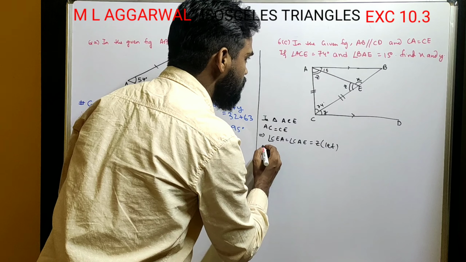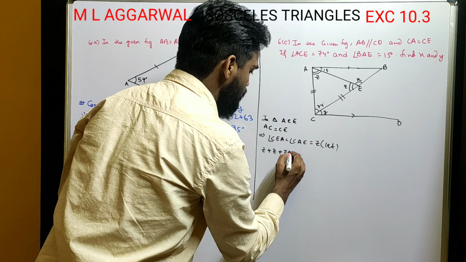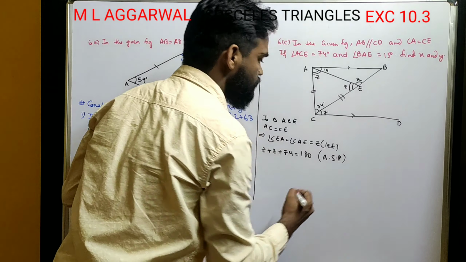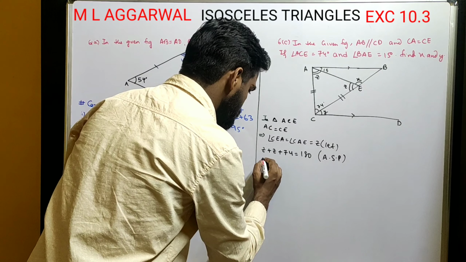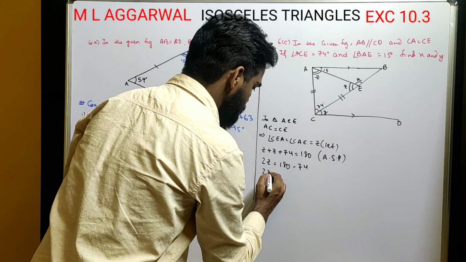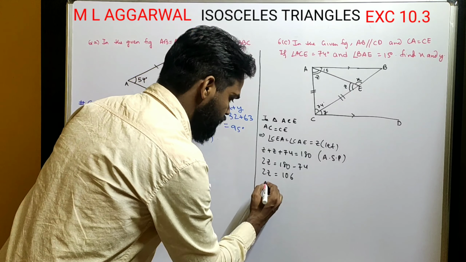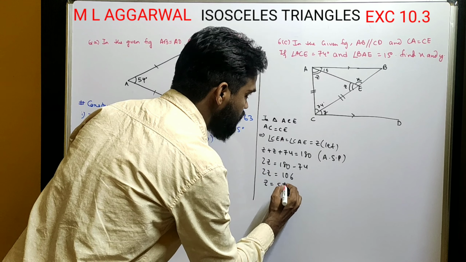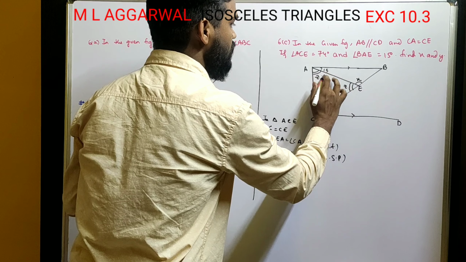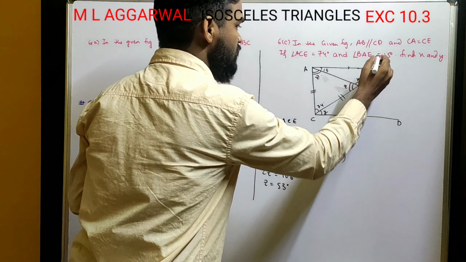Now I can say, if you look carefully, in that same triangle, Z plus 74 equals 180. Angle sum property. Done. Which means 2Z equals 180 minus 74, which means 2Z equals 106, which means Z equals 53 degrees. So this you got 53 and this you got 53. Now look carefully. In triangle AEB,